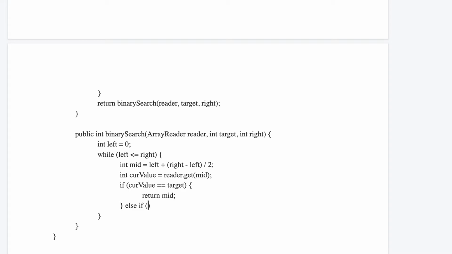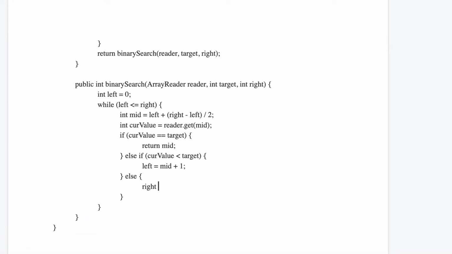Else, if the current value is smaller than the target, then move the left pointer to mid + 1 to look for the answer in the right half,